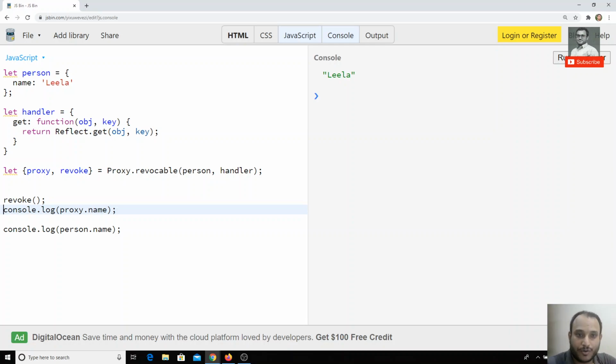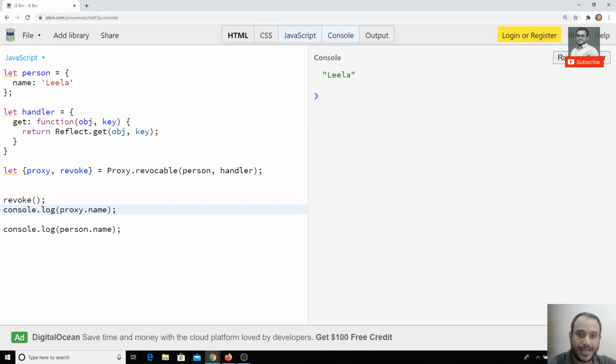So this is all about the proxies and the Reflect API. I hope you understand all these proxy methods and Reflect methods and where they will be useful. Just remember that the Reflect API is a new thing in ES6 which is useful for creating and managing objects. We will be using the Reflect API.